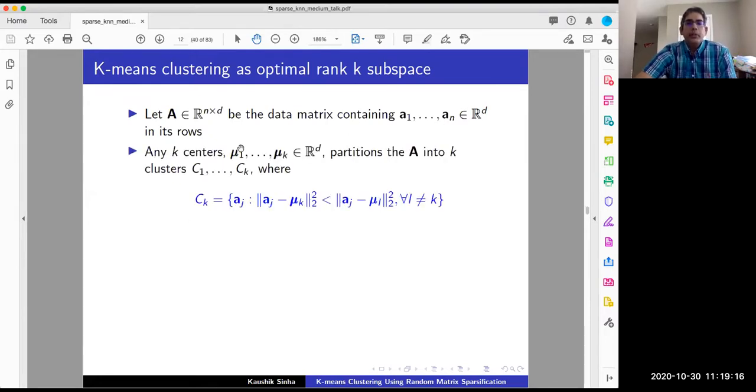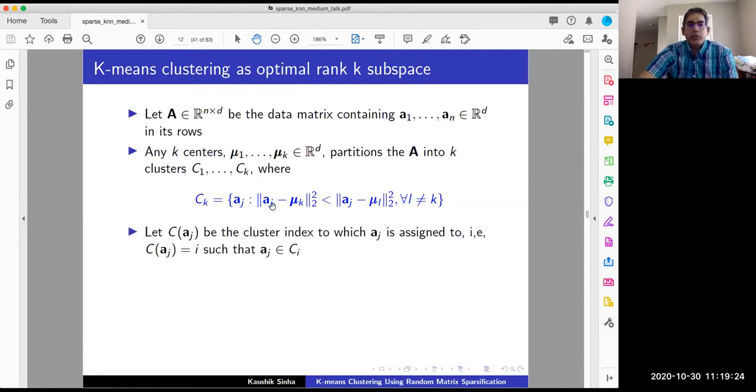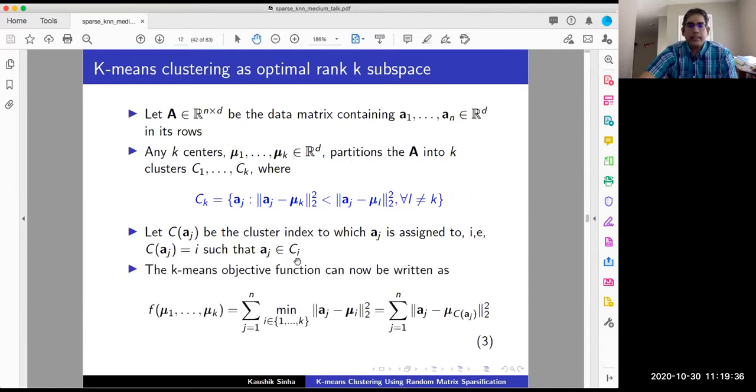And remember, we specified how each of these clusters are decided. Basically, if A_j belongs to the kth cluster, it should be closest to its centroid as opposed to the other centroids. So let's denote C(A_j) to be the cluster index that A_j is assigned to. That means if C(A_j) equals i, you are saying A_j is being assigned to the ith cluster C_i. With this notation, it is easy to show that the cluster objective function that we introduced over here can also be written as